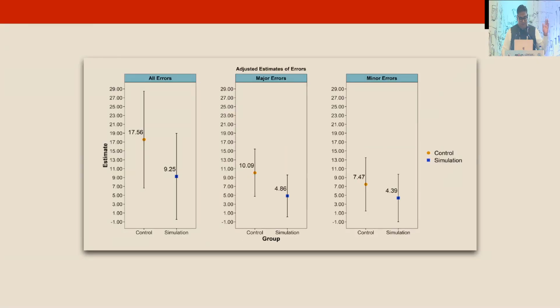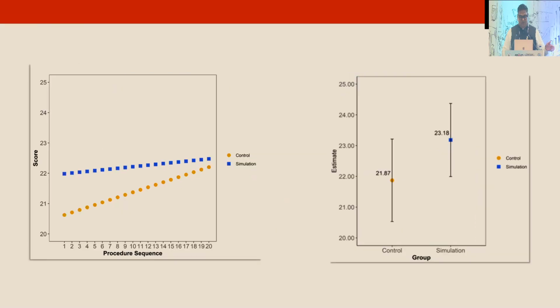Major errors, minor errors, and errors overall, you can see that they are significantly lower in the simulation group. The learning curve is much steeper in the non-simulation group. So overall, when better surgeons are being prepared by training them on the simulator, it is going to translate to better patient safety, because at the heart of whatever we do